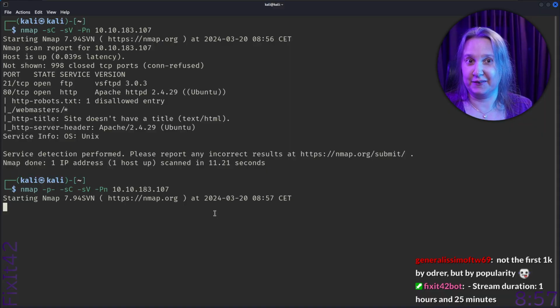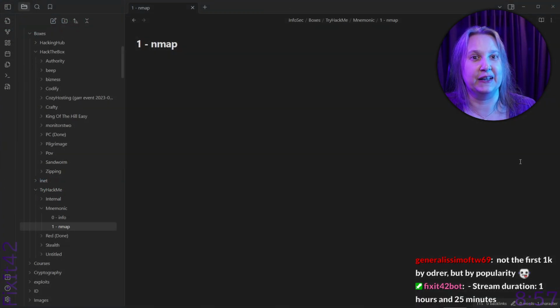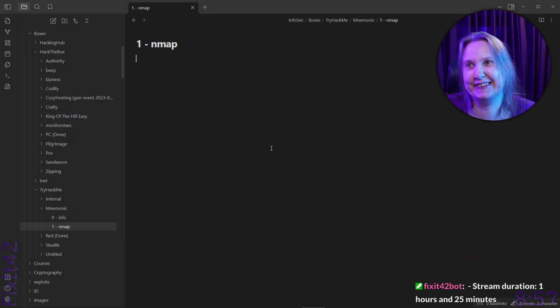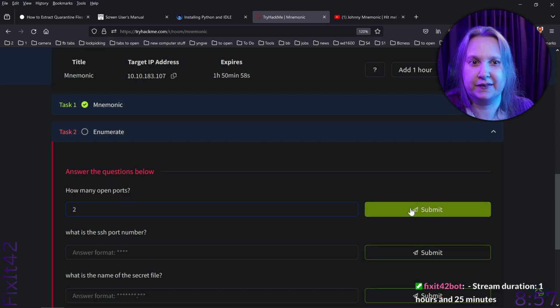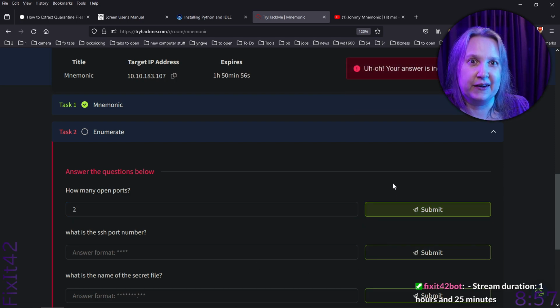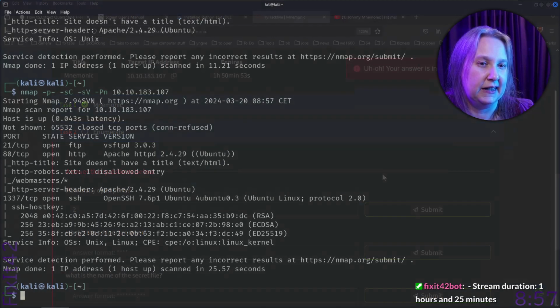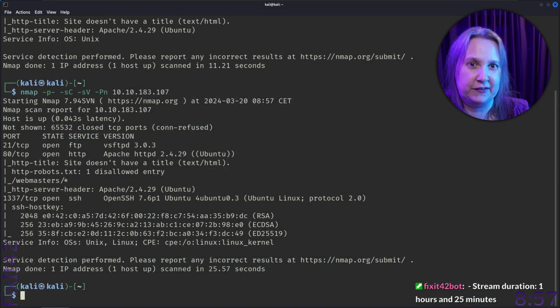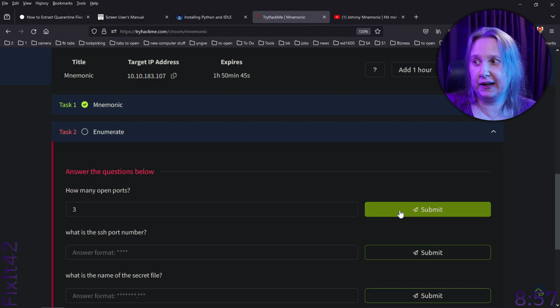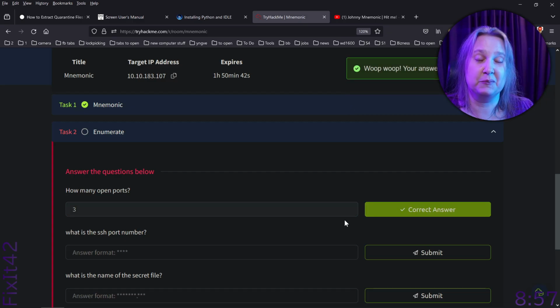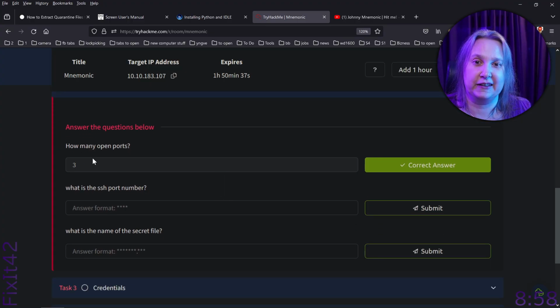While this does its thing, we can see if we actually have all of them by answering the question and seeing if we get the right answer, right? Because if this is 2, then there will be no others. No, it's incorrect. And I can see here we also have 1,337. So it's 3. If we had only done the first 1,000 most popular ports, then we wouldn't have found the right answer, and we would have known that we would have to search for more if we were not already doing that.